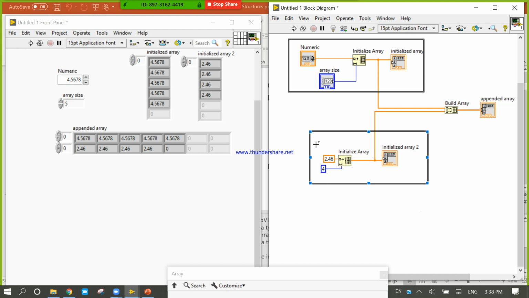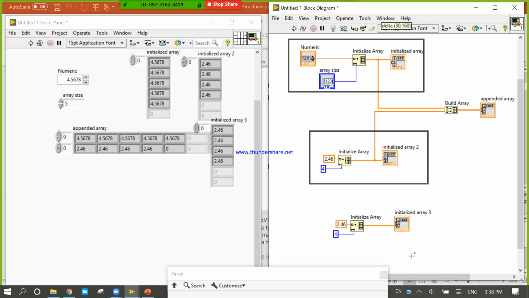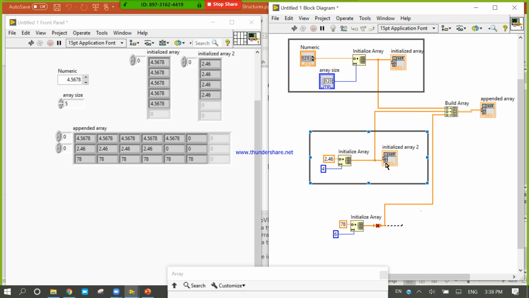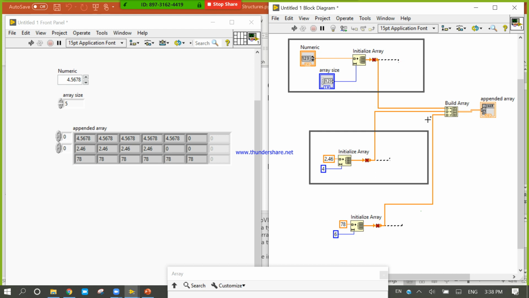If I have one more setup the same, a Chennai setup with the 78 and the array size is 6. So again, if you want to add, then raise the size, increase the size. Now make a connection like this and run. Now you will see that the section is below.